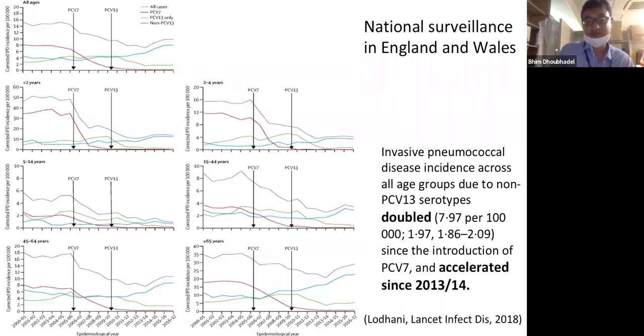Another phenomenon is unmasking. There are different serotypes together, and once you give one vaccine, the vaccine serotype goes down and the non-vaccine serotype comes up. This latter explanation is maybe the more common one, because capsular switching does occur, and it was actually reported before PCV7 introduction. Some papers also show that after introduction of these conjugate vaccines, the rate of capsular switch has gone up,